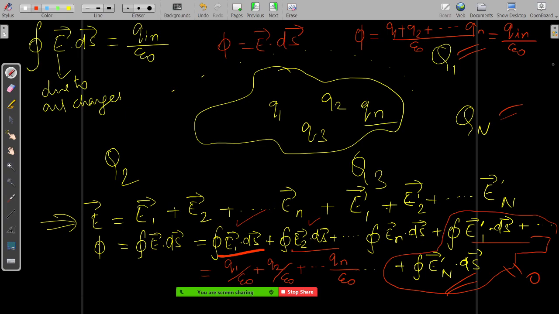Whether there are other charges existing in the system, or whether there is some external electric field also pre-existing in the system, the total electric flux we are calculating. Basically this particular charge is also giving some flux. There is a flux here. This flux is basically negative because it is going inside and the surface area is outside. And this particular charge is giving another flux outside here, and the surface area is outside and the electric field is also outside. So this becomes positive. This negative and positive somehow gets cancelled relative to an external agent, external charges.